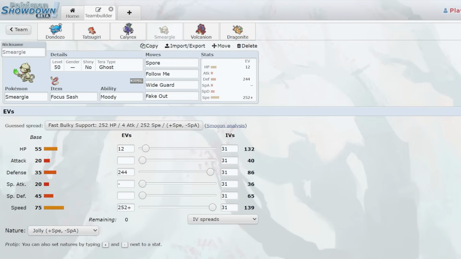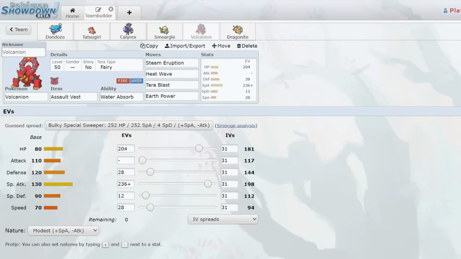Just a very big disruptive mon, especially next to Shadow Rider, can create a lot of mind games with the Spore pressure, the Follow Me and Fake Out support, as well as the Wide Guard mind game against opposing Shadow Rider and spread moves. Next Pokemon we have is the Assault Vest Volcanion with the Water Absorb ability, allowing it to heal when it's hit by a water type attack,